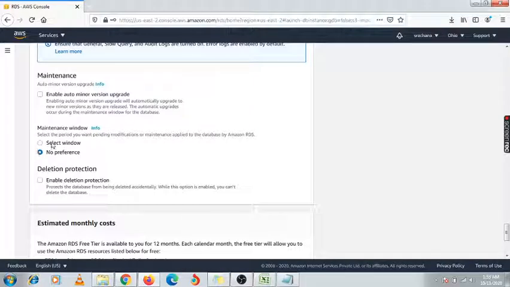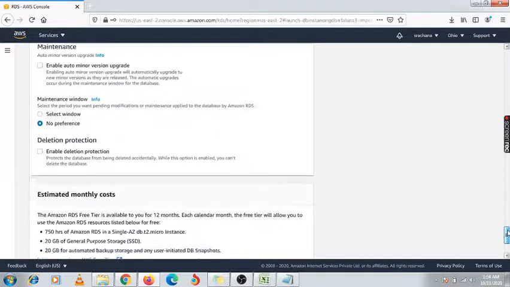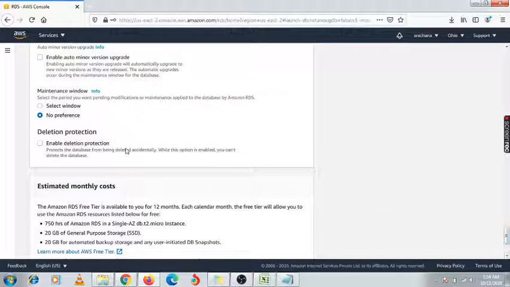Maintenance window, there is the option of a maintenance window. If you select any particular window, this database will do some maintenance activity during that period. If you want to take a backup of your database, you need to select that particular time period, so this database will do its activity on its own at that time.